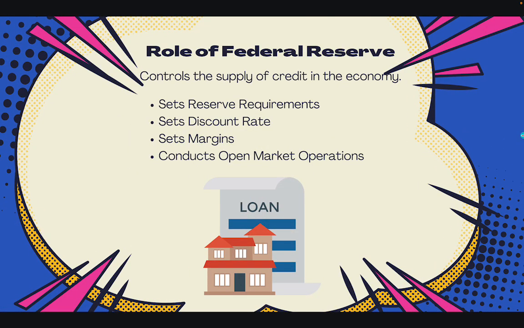But the role of the Federal Reserve, I mentioned it earlier, with monetary policy. Let's look at it. They control the supply of credit in the economy. Again, they conduct open market operations, so they actually give money to the banks, which allows the banks to give money to you and me. Everybody's happy. They set the reserve requirements. That means how much money the banks have to keep in their reserves. They set the discount rate. That is the rate they are charged for that money. And they set the margins. So the Federal Reserve has a way to try to help control inflation and deflation.